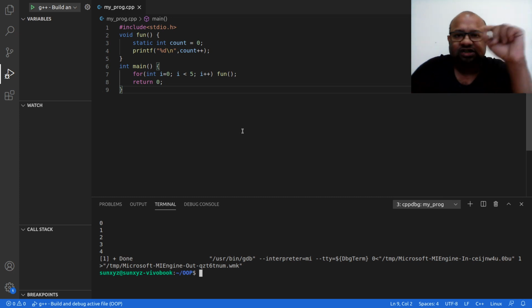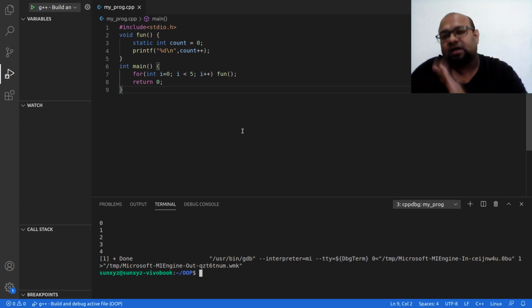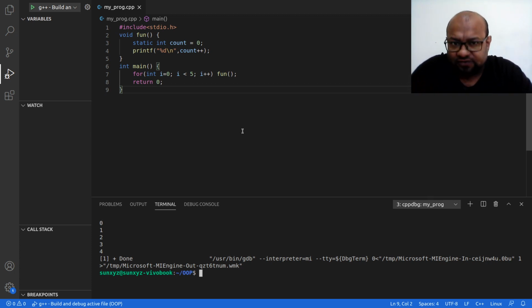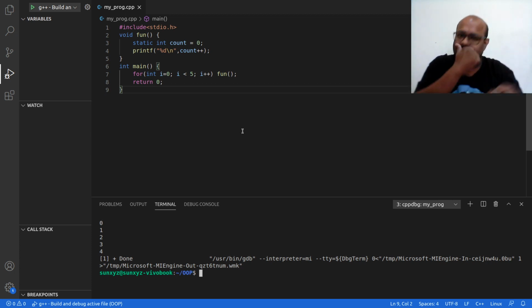The first time I call the fun function, I initialize this count to 0. Let us finish talking about the first time I call the fun function. There is this variable called count inside this fun function. Now I am declaring it as static. This variable has some location in memory. In that location, I am putting this value 0. That is what I mean by saying that I am initializing count to 0.